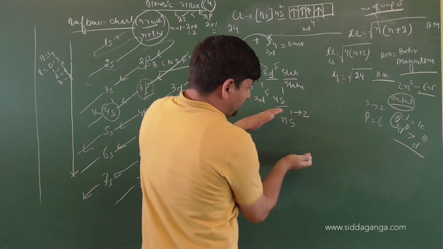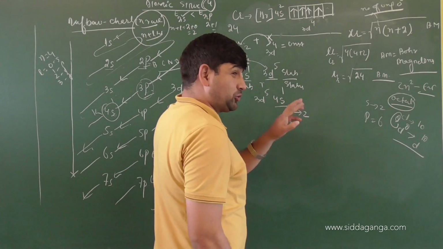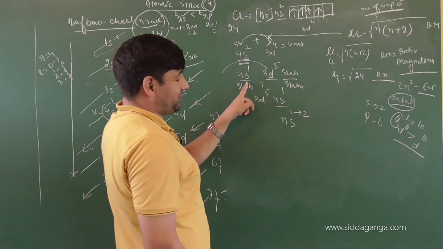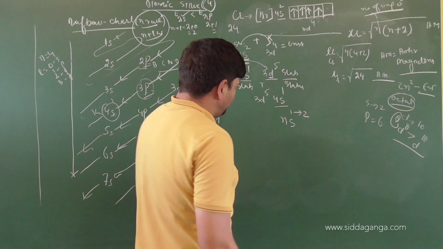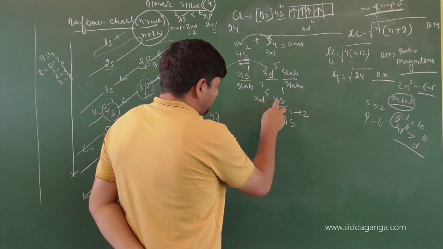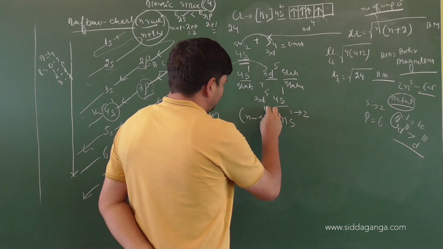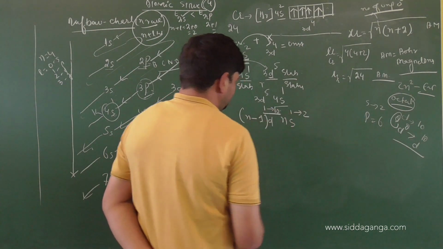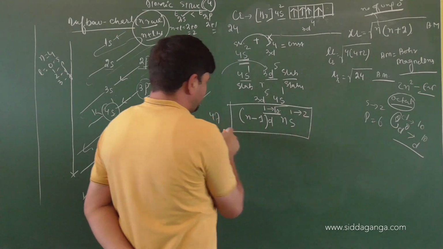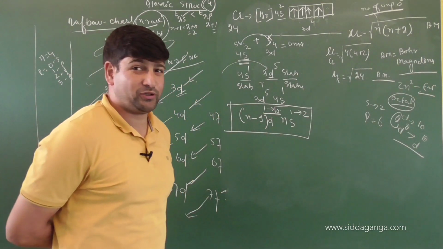Because if you have seen a while earlier, I have shown you s can have 2 electrons, but in this case s is having how many electrons? 1. So ns1 to 2, then it is 3 now, 4. So it will be (n-1)d1 to 10 electrons. This is the general electronic configuration of transition elements. Did you get the point or not?